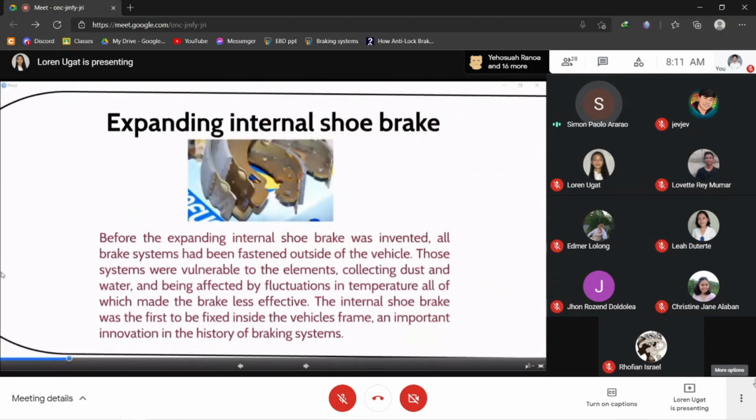Before the expanding internal shoe brake was invented, all brake systems had been fastened outside of the vehicle. Those systems were vulnerable to the elements, collecting dust in the water, and being affected by fluctuations in temperature, all of which made the brake less effective. The internal shoe brake was the first to be fixed inside the vehicle's frame, an important innovation in the history